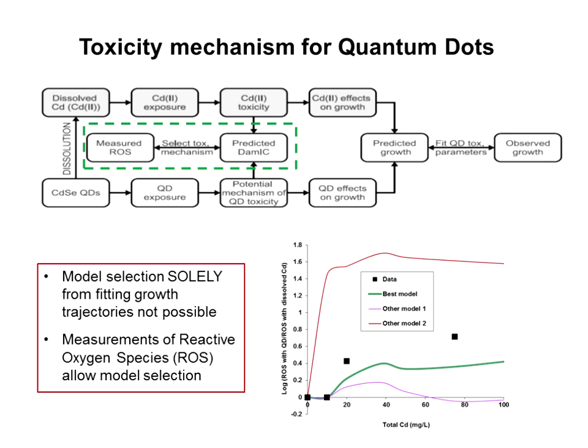I think we could characterize them as the good, the bad, and the ugly, and we could eliminate the ugly, but there really wasn't a lot of difference between a bunch of others. But then the focus on reactive oxygen species did allow some real model selection, and the slide at the bottom right here illustrates